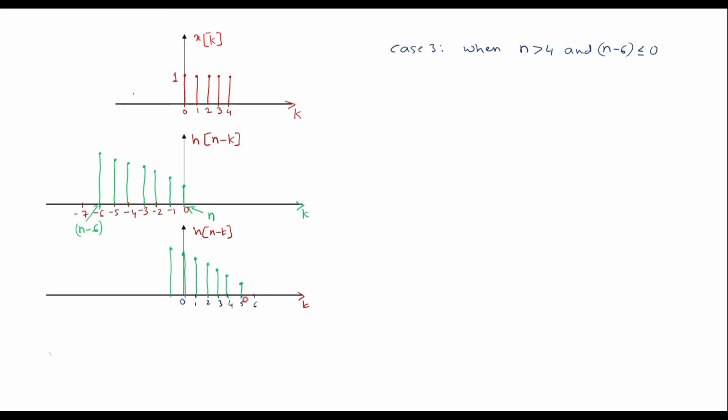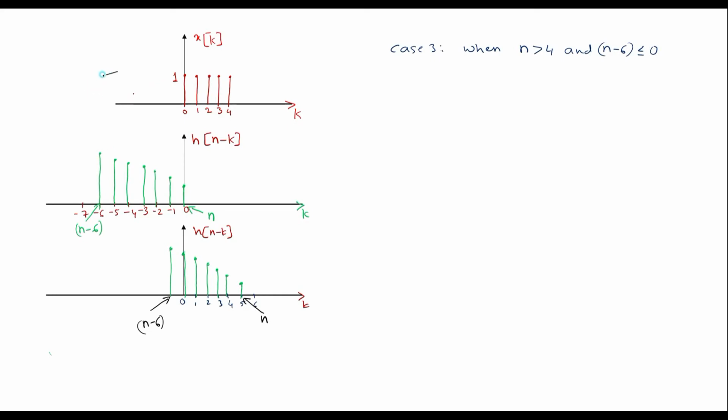Here now we can observe that this point will be n and this point will be n minus 6. Now here we can say that n is greater than 4 and n minus 6 is less than or equal to 0. Now when we do the convolution between,